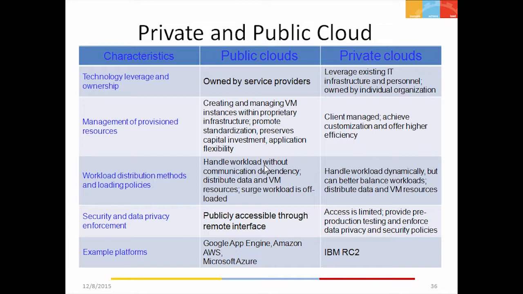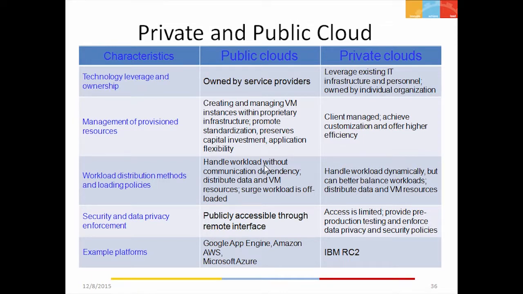Public cloud is essentially owned by service providers, and private cloud is typically created inside an organization. It basically leverages the existing IT infrastructure, so it's restricted to the users who are within the organization.